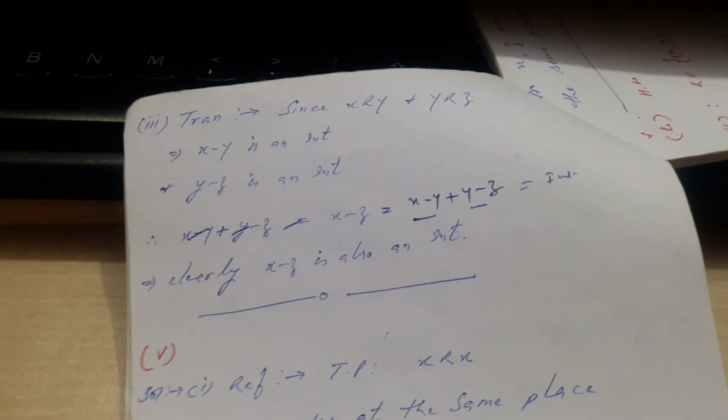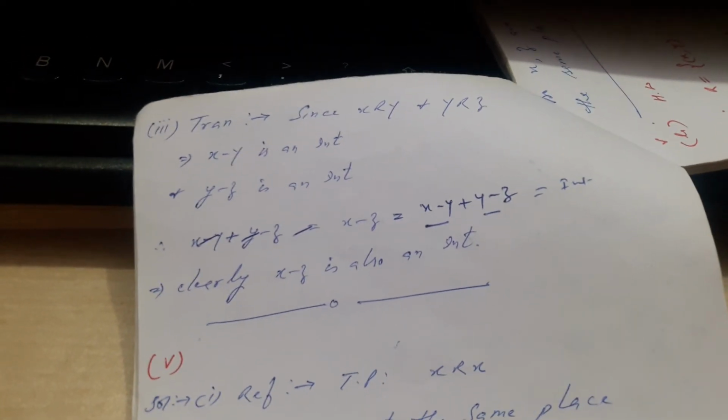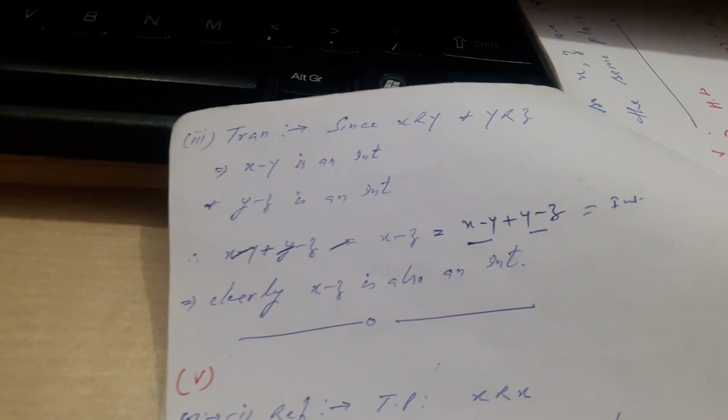Okay, after this, now see the third relation, that is transitive. In this relation he said that if x is related